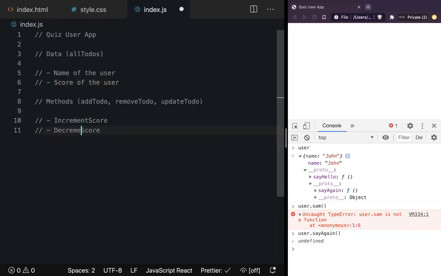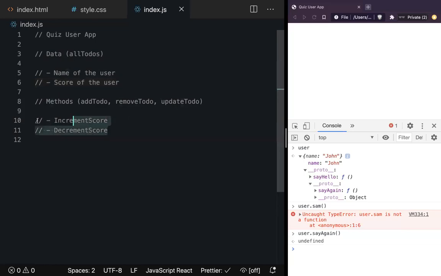Decrement, sir. Yeah, it will be decrement score. We can have anything that we want, but I'm just making it simple for you guys to understand that we can do something like that. So each user will have a name and a score to take care of. Means every user will have that as unique, like say name will be this much, score will be this much.